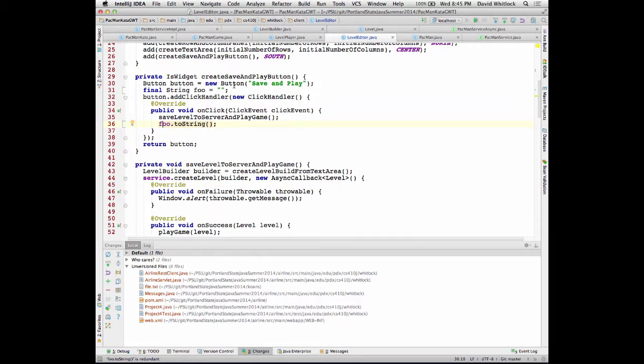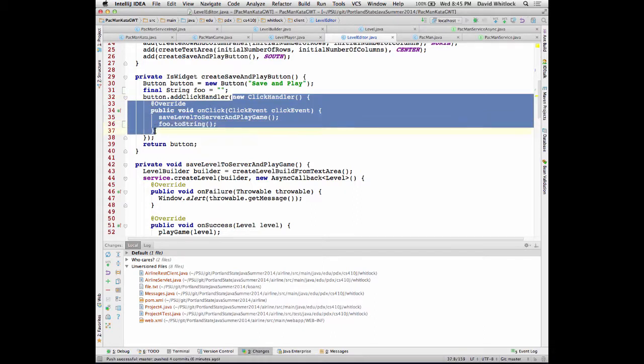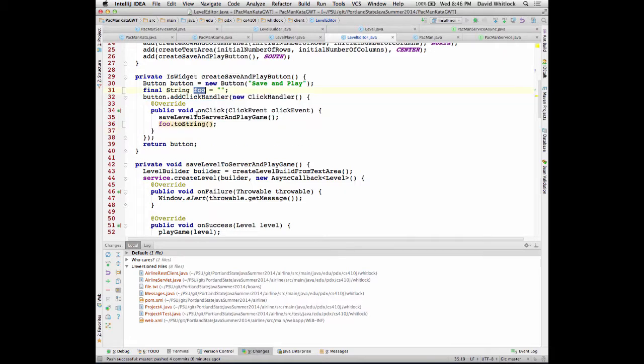This is because underneath the covers, if you decompile the bytecode, what's really created here is another Java class with some name like $1 that implements ClickHandler and has a constructor that takes a string. When that class is instantiated, foo is passed in, so you've got this object that then has the value of foo set. The constructor sets a field of the anonymous inner class